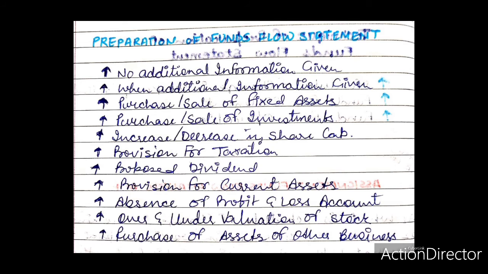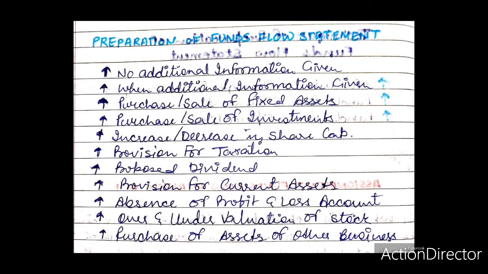A. The provision at the beginning of the year may be deducted from the debtors in the beginning, and similarly, the provision at the end may be deducted from the debtors at the end. Thus, net balance of debtors is shown in the schedule of changes in working capital. These are not recorded in funds flow statement and no adjustment is made for these items in the net profit for the year if it is given after deducting these provisions.